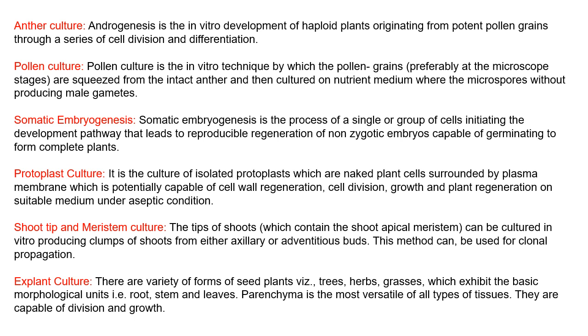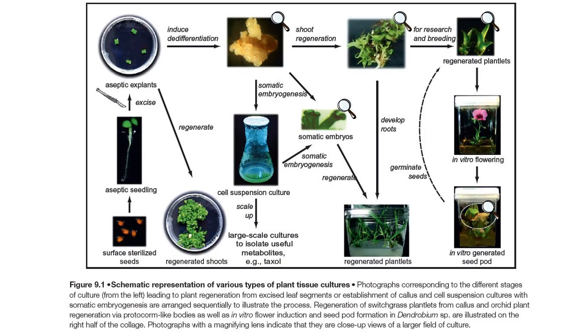Okay, so these are some examples of explants which are widely used because they have those growing cells, widely growing cells, they have that ability of de-differentiation, correct? So that is why explant cultures are nowadays widely used. There are various types of explants that you can be working on. So this is a schematic representation where you will find various types of plant tissue culture. You can use these for making a flow diagram, or flow chart, for your answers.